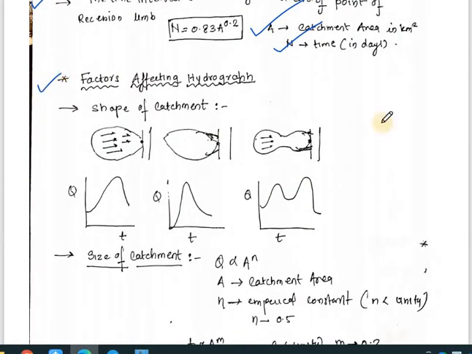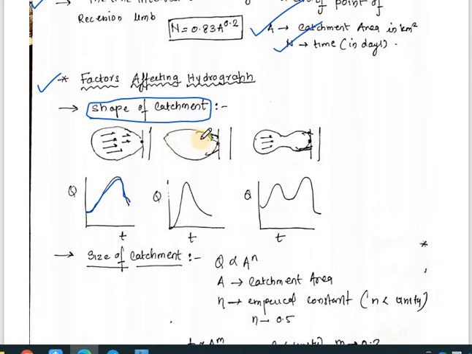Okay. Now, factors affecting the hydrograph. What are the various factors which can affect the hydrograph? First one is the shape of the catchment, and this you can see over here. Suppose this is the kind of area. What will happen? The major area is on the left hand side and the gauging point is over here. Water will be received from here and it will require some time, so it will be in the form of this shape. In the second case, as you can see over here,